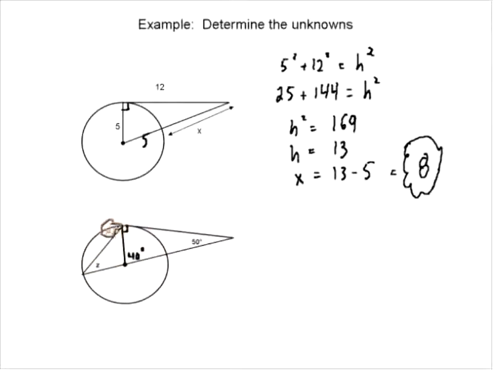It inscribes that same arc. So if I do the central angle here in black, and I do the inscribed angle here in red, we'll recognize that it subtends the exact same arc. Now, if that's true, we know that angle Z